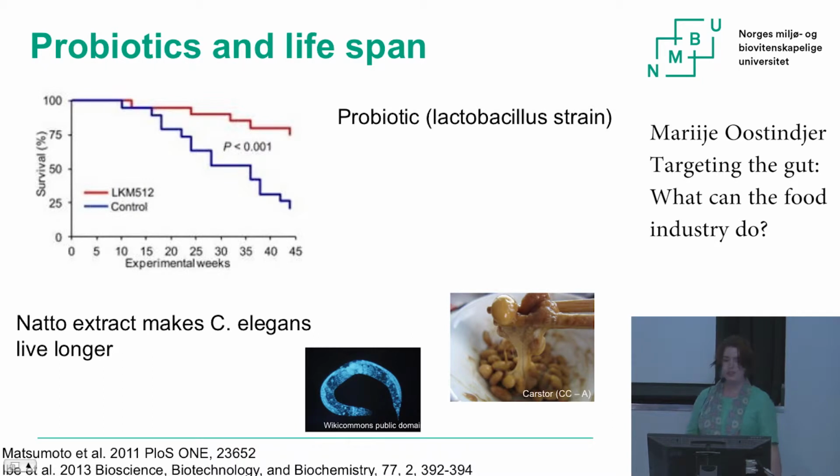And another example of how probiotics can affect healthy aging is in C. elegans, which is an often used model animal. And what they did is they took an extract from this yucky looking substance called natto, which is often consumed in Asia, for example in Japan, for breakfast. And basically it's a fermented soybean. And it's fermented with Bacillus subtilis, and it makes these long wires connecting the different beans within the cup,